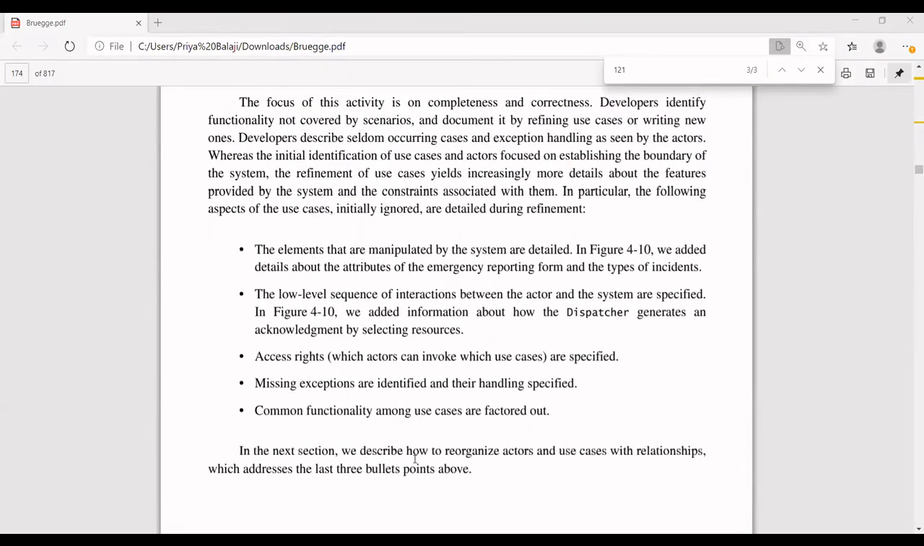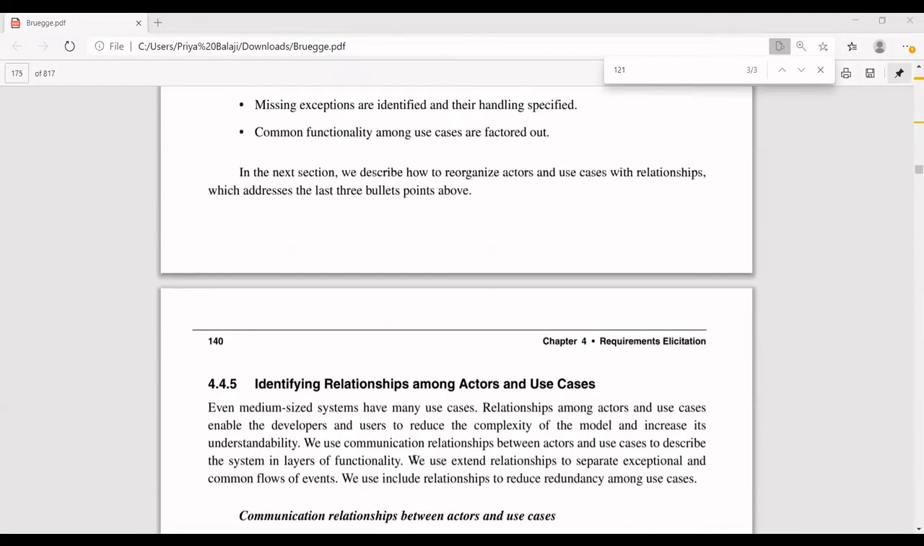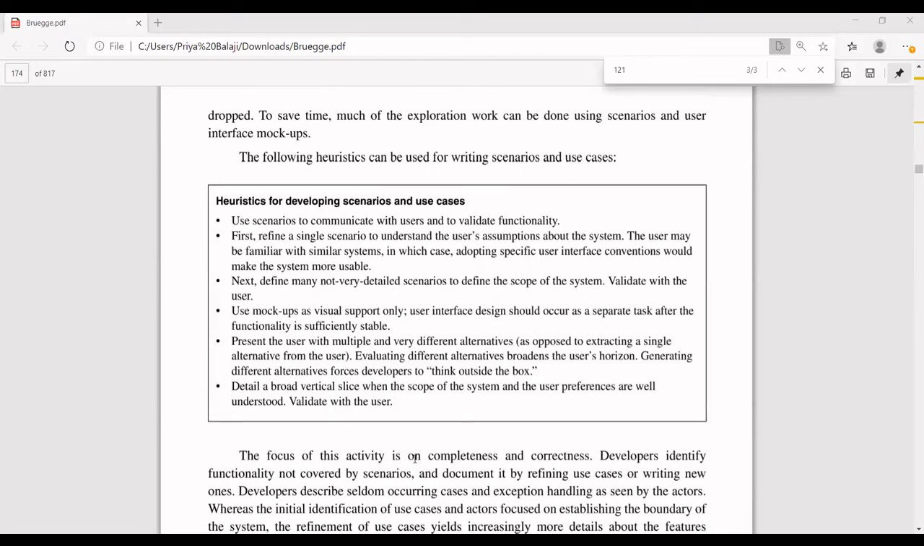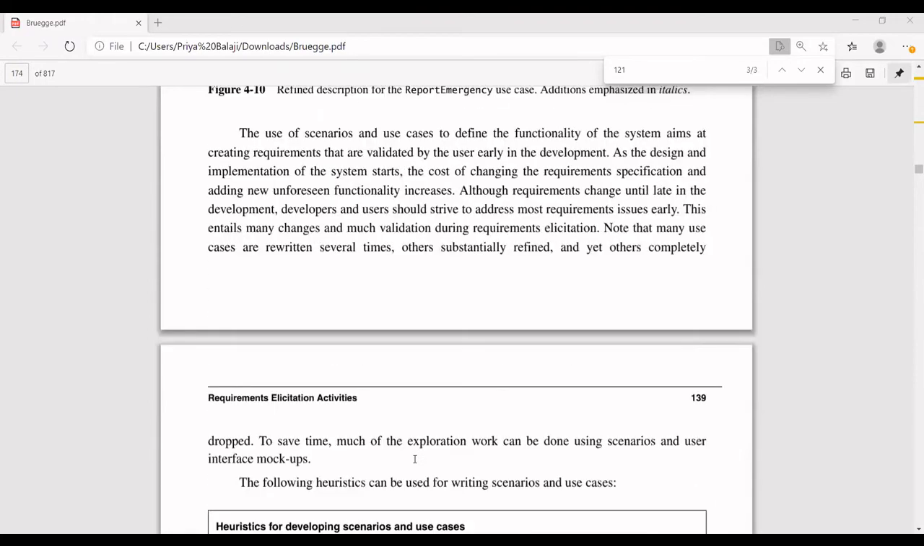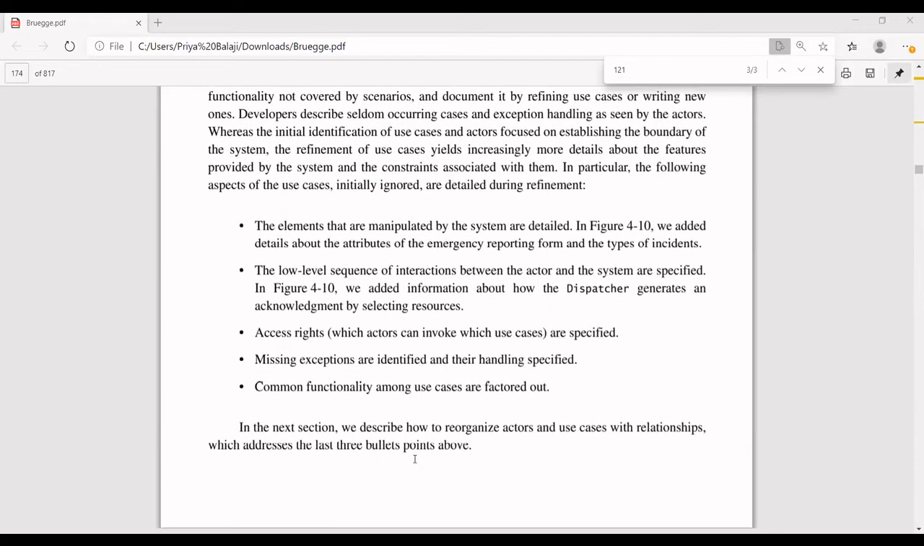Right? Here they have given initially why you need the refinement, what the use of the refinement phase is. This is the example. We have already seen why we wanted the refinement. For that, they have given the elements that are manipulated in the system, shown in figure 4.10. That means the interaction between the actor and the system is specified, but not exactly how it is going to be. You have not told what the access right of your field officer is. The field officer's access right is only to open the form and enter the form. He doesn't have the right to allocate the resources. Like that,